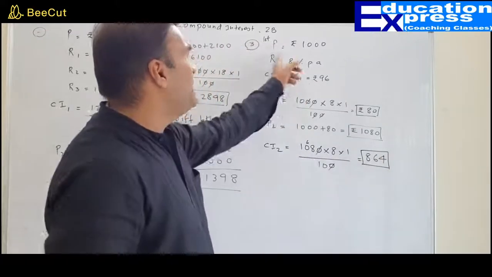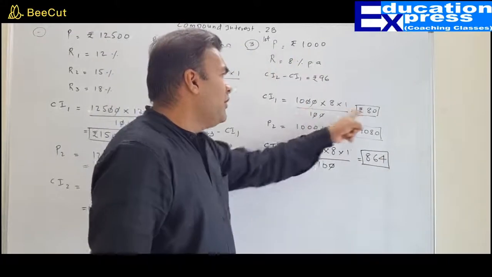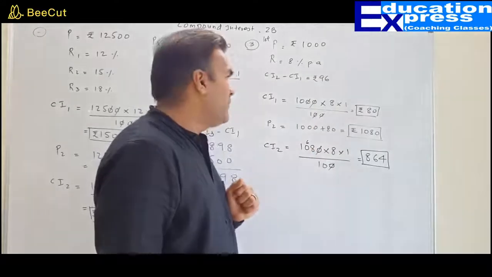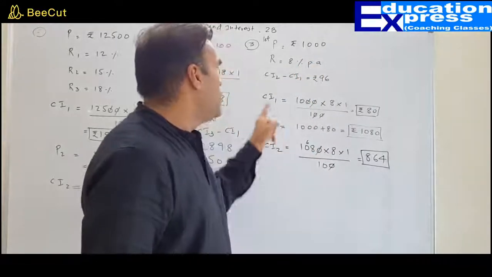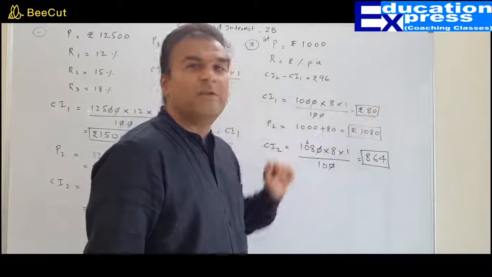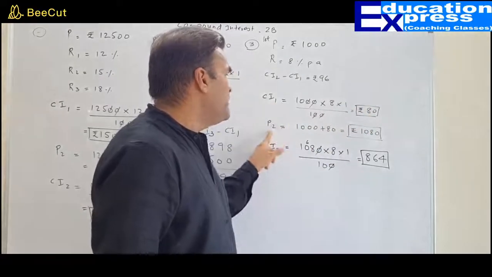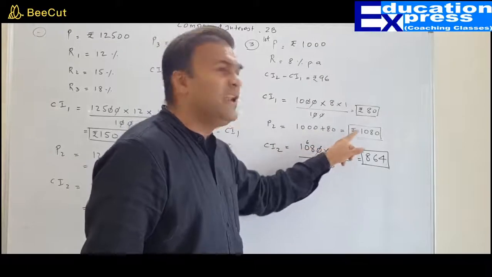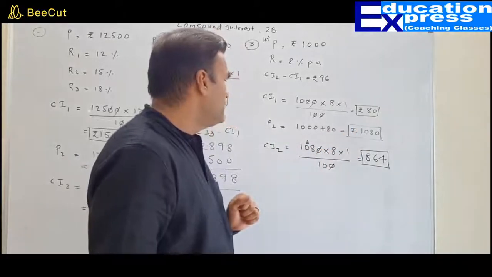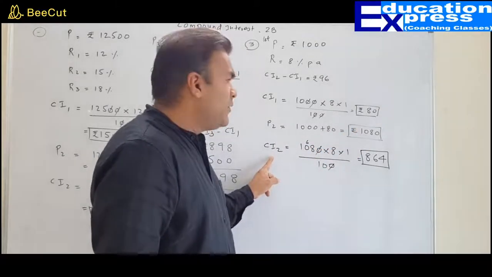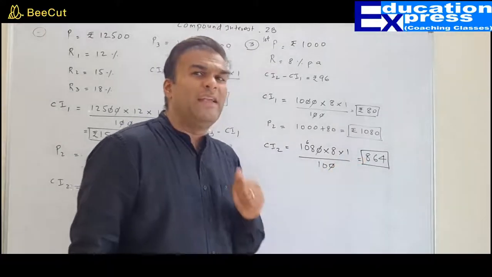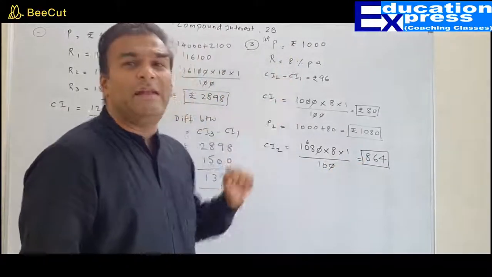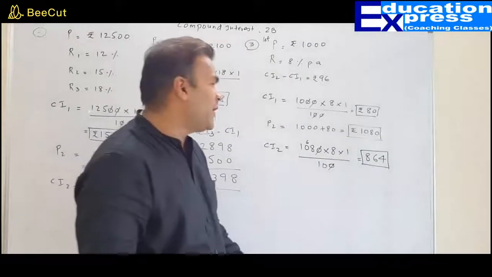So I hope you understand. Because I took principal as 1000, I got interest as rupees 80. If you would have taken principal as 100, your compound interest would be 8 rupees. So your new principal would be 100 plus 8, that is 108. In second year, you would have definitely got decimal. In order to avoid decimal, we took principal as 1000, and that was a prudent choice.